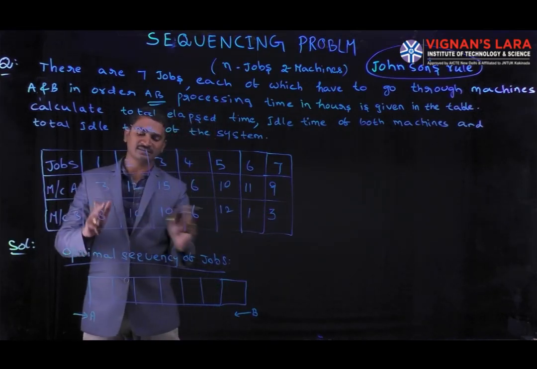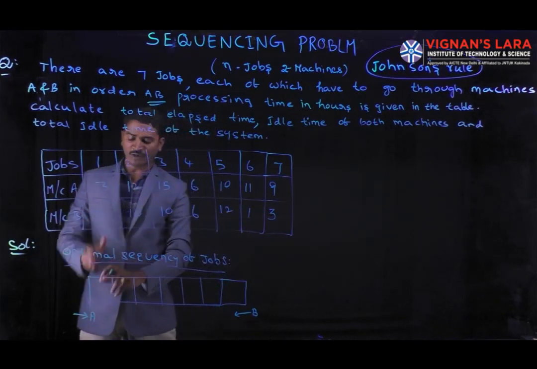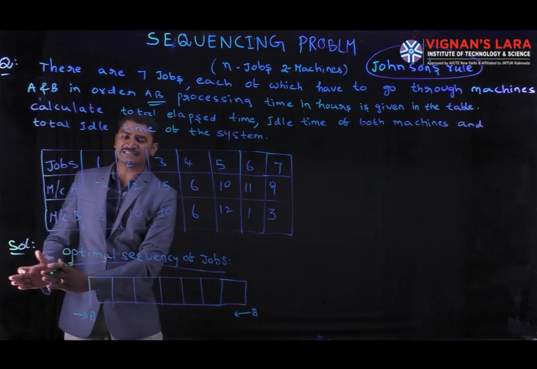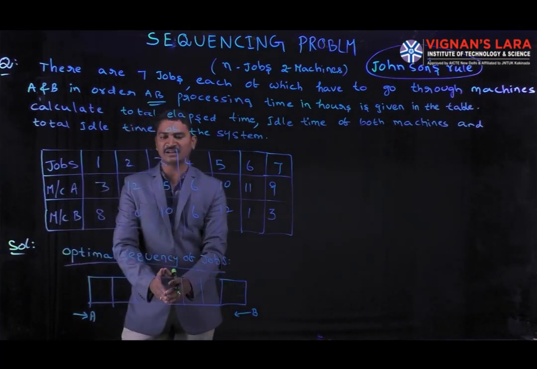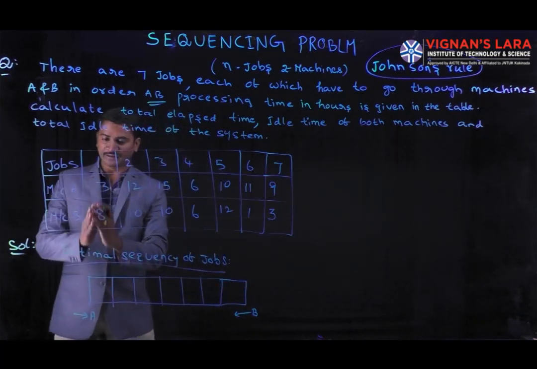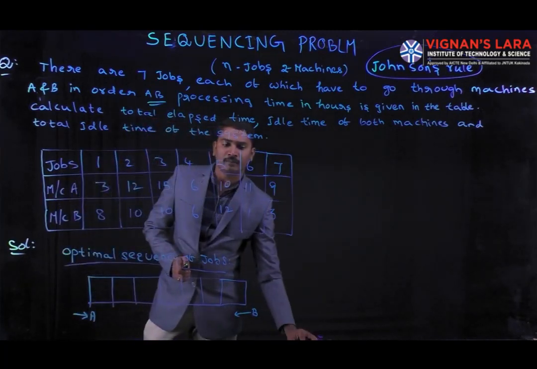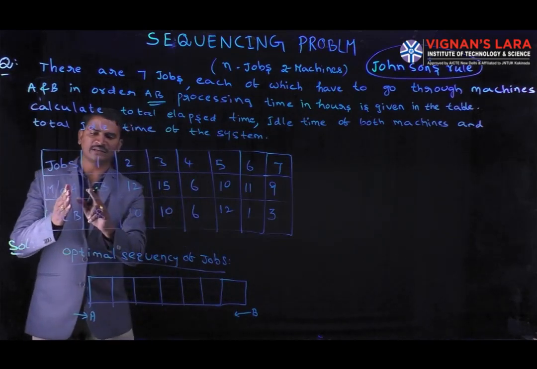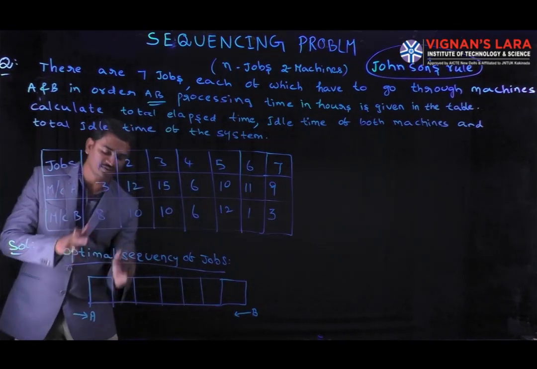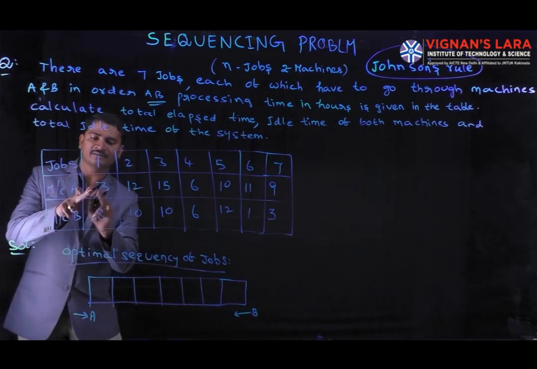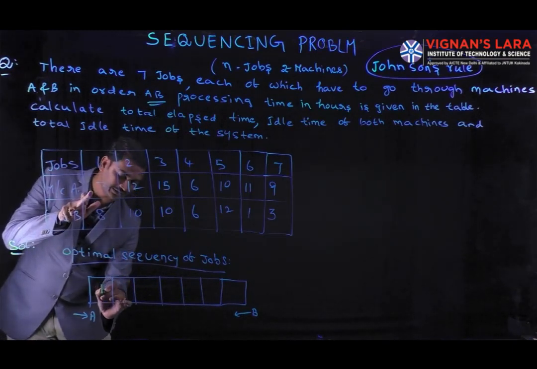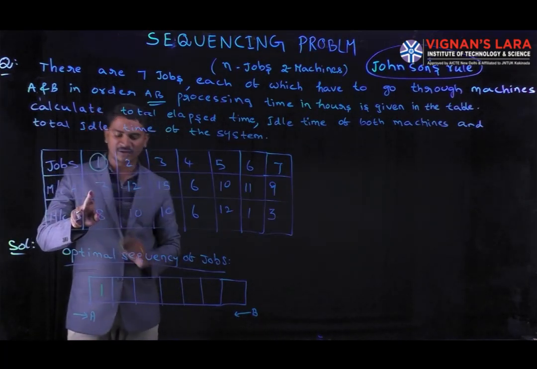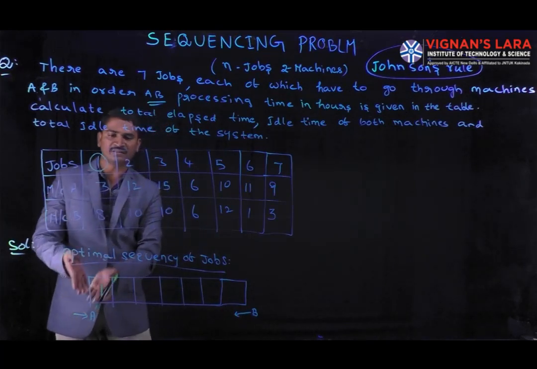Coming to the machine A, 3 hours is there, machine B 1 hour is there. Here we are going to give the sequence. First, which job are we starting? First machine A sequence we start, then machine B sequence. Machine A has 3 hours, the minimum time in machine A, so we take that job sequence 1, where 3 hours is available at job 1. So we place 1 here, and job 1 is completed, because we are starting machine A with job 1.